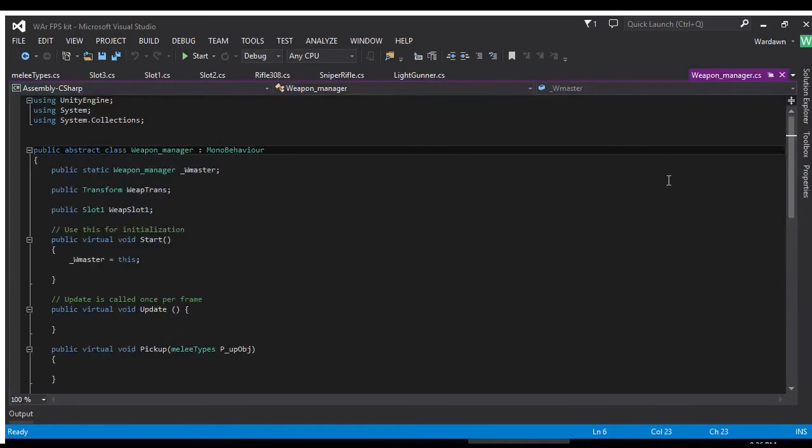which is a very easy class. It's got a static reference in case we want to do buttons. Remember, we need a reference to our weapon transform, because there's no sense in getting that reference every single time we do a weapon or whatnot. And then by default, I made a slot. This slot 1 is